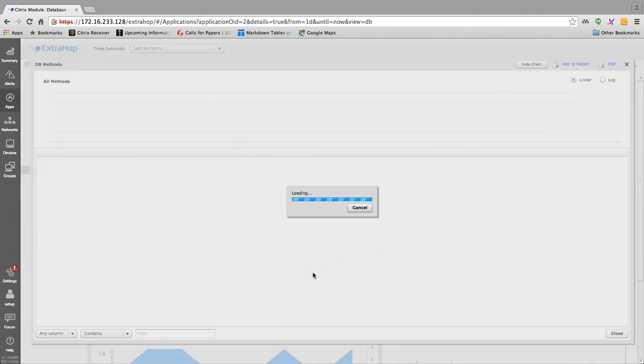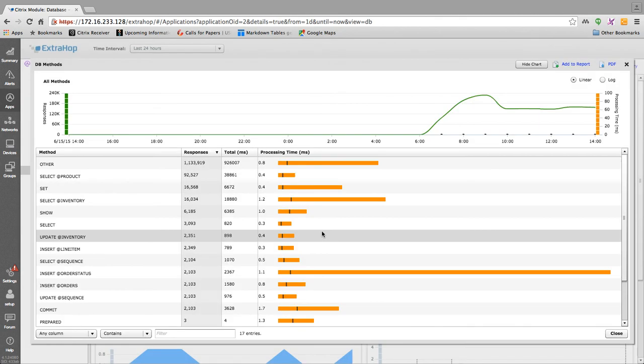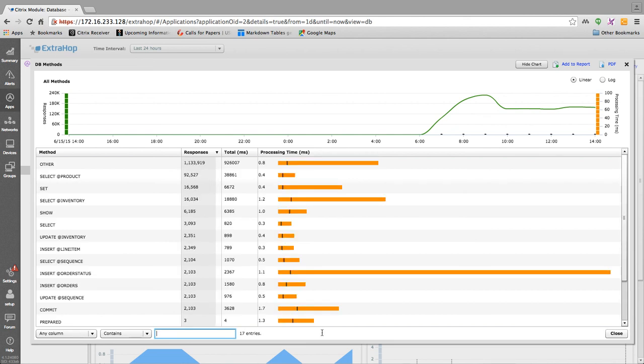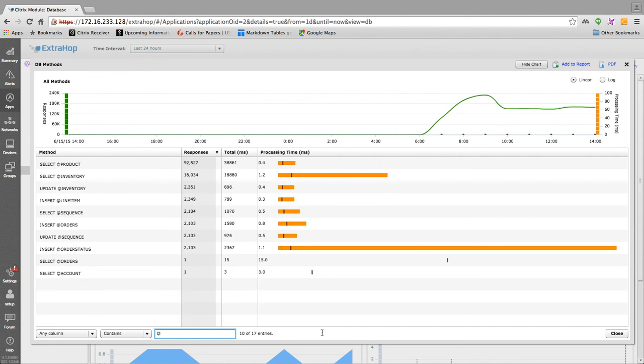Again, a slow database application will be escalated as a slow Citrix issue. So you can come in here and see the performance of your individual stored procedures. Again, the demo dataset doesn't have it, but if you use the @, this is the performance of every single